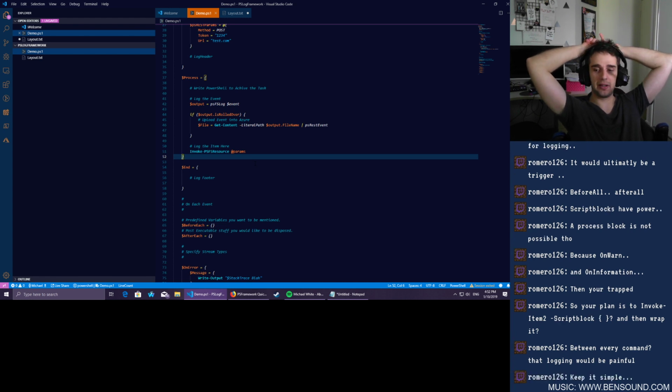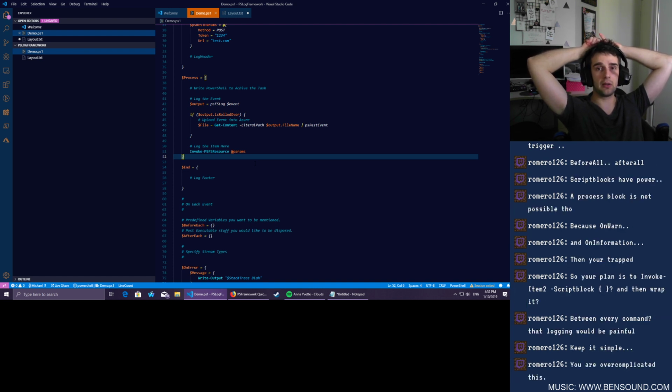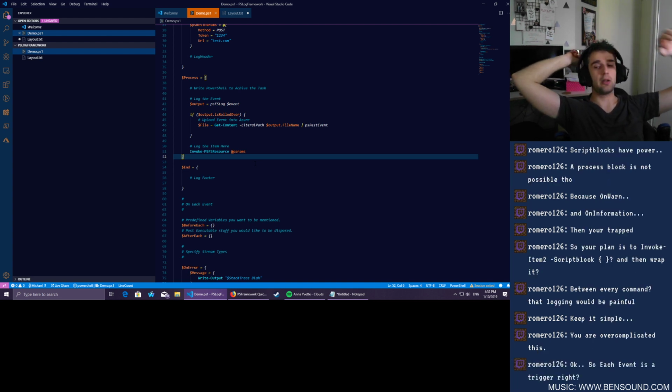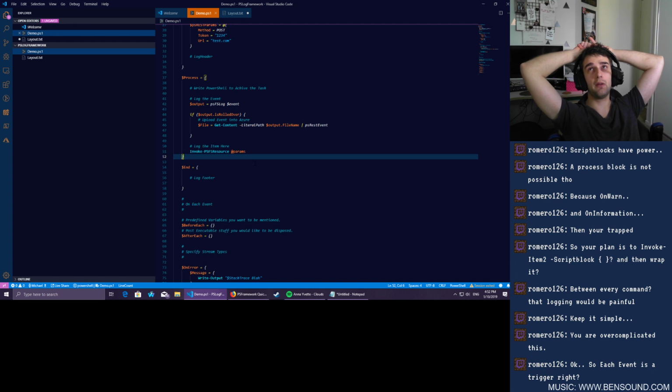I think I'm going to need to have a think about it. Oh yeah, that's exactly right. But I think the beauty of the script blocks is that it's already simplifying the process. Essentially, you define the configuration and you just execute that code, and then you're done. So for each event is a trigger, right? Yeah, each event would be a trigger, and then within that trigger you would have